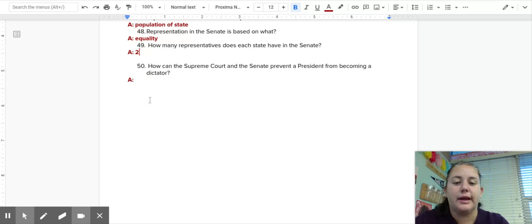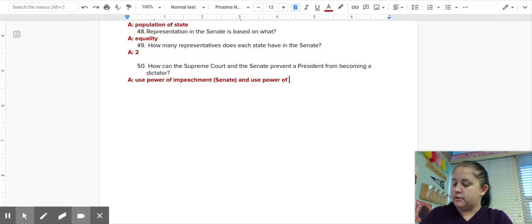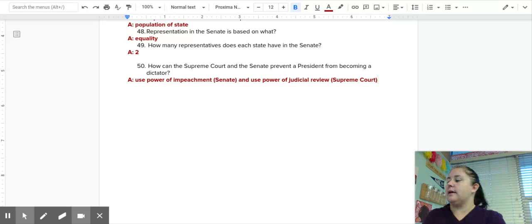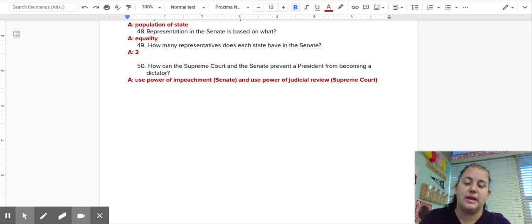How can the Supreme Court and the Senate prevent a president from becoming a dictator? Well, they can use the power of impeachment. That's actually what the Senate can do. And they can use their power of judicial review. That's what the Supreme Court can do. So it would be almost impossible for a president to become a dictator in the United States without the agreement of both the Congress and the Supreme Court, because they have ways to check the